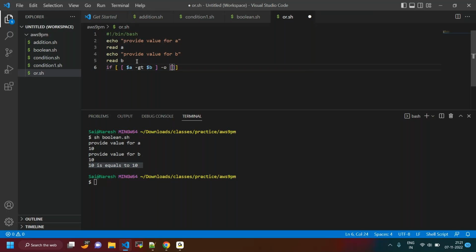In between, I'm going to be taking $A equals $B. Between one condition, we can also write. I'd like to show this, so I can go and write this one. Here we can give spaces. Finally, we can give then. Here it says that